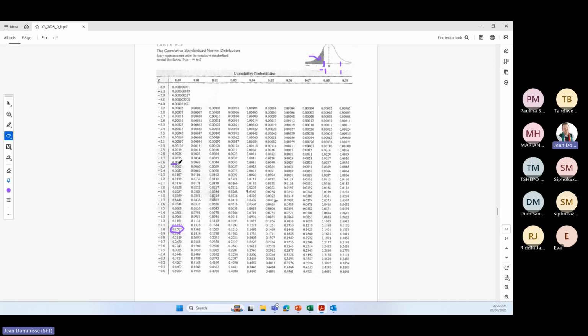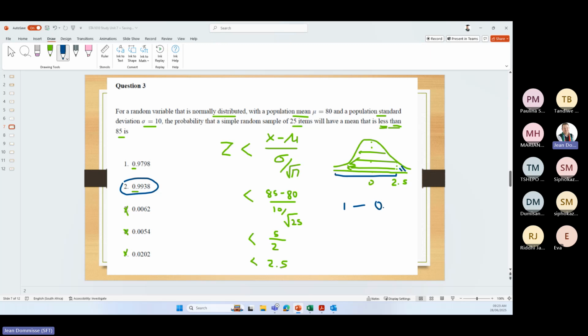So one could have said you want it as minus 2.5. You will get 0.0062. For me this is just a bit longer, but 1 minus that will also give you 0.9938. So if you want to go that route, you can, but for me, I see exactly the same as I see on the positive table. So I would rather use the positive table as is for this one.